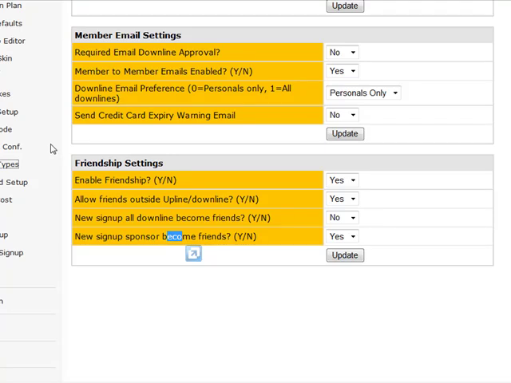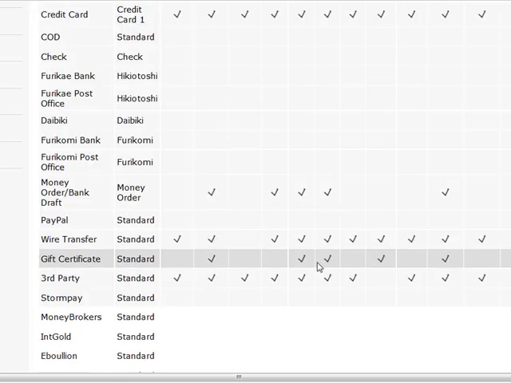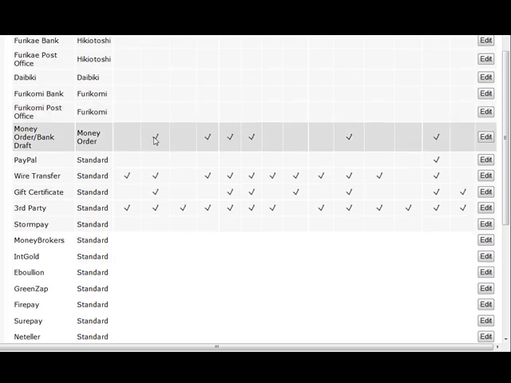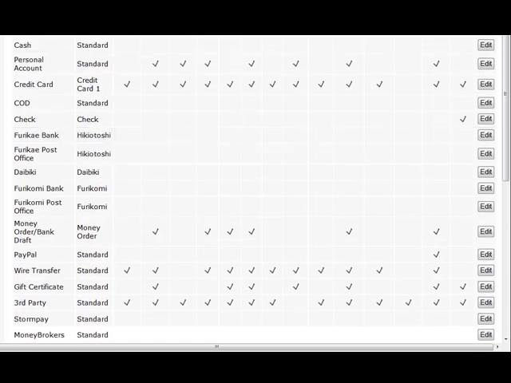Let's have a quick look at payment types. So this is where you can control all of the payment types. Okay, so personal account is the actual personal account that we have in the system where the earnings go. Credit card obviously is credit card. Down at the bottom you'll see money order, bank draft, but you'll also see that it's not turned on for